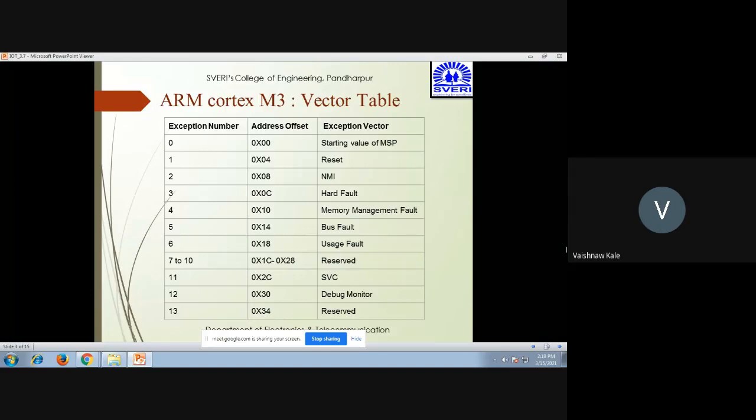If the exception number is 12, then 0x30, it's a debug monitor. Exception number 13, 0x34, is reserved.